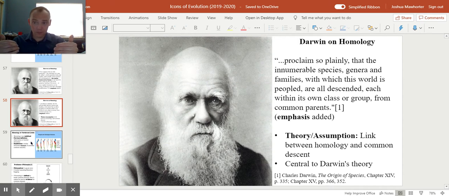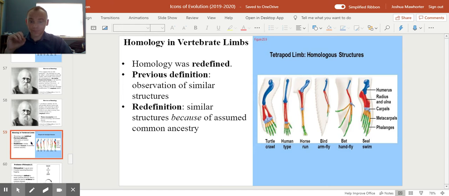It makes sense on kind of a surface level. But as you think of it, it doesn't mean it's wrong. It just means it doesn't necessarily follow. But this was central to Darwin's theory. So he pointed to this homology in